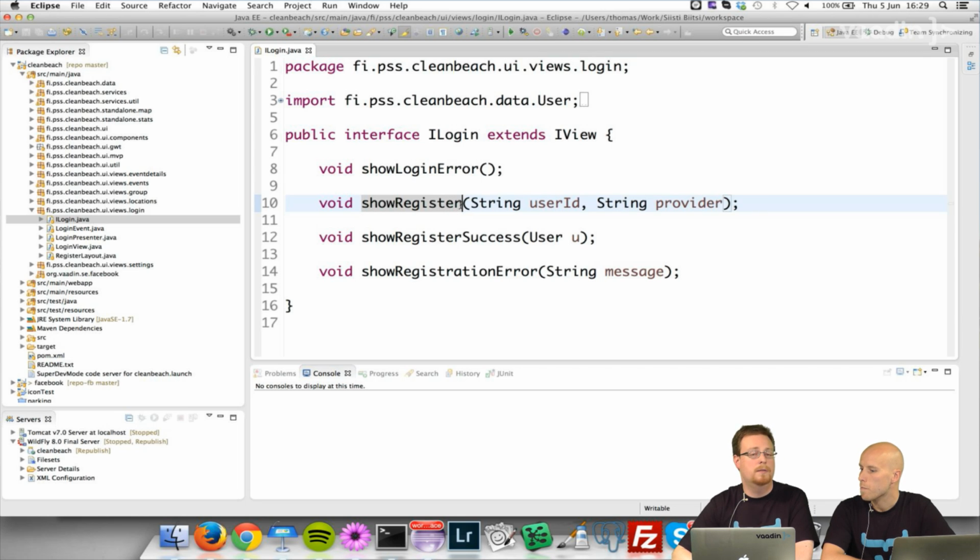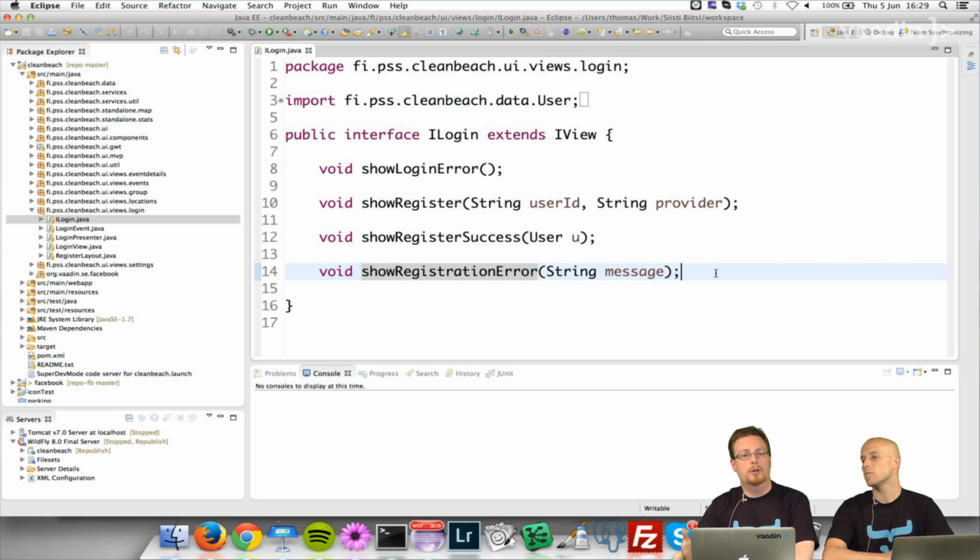So when I call this, the view changes from the login to register. Registers success or not. And then this registration error as well. So that's pretty much it. That's all the methods that I need from the login presenter to be able to control what actually is visible at any time in my view.